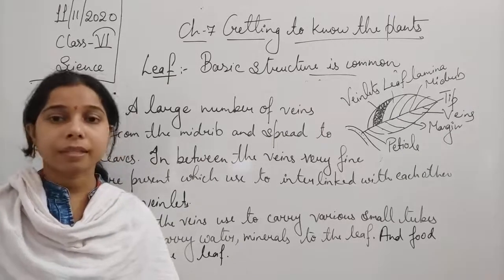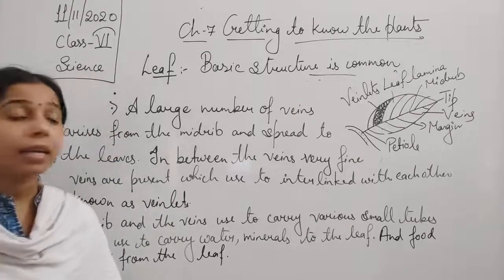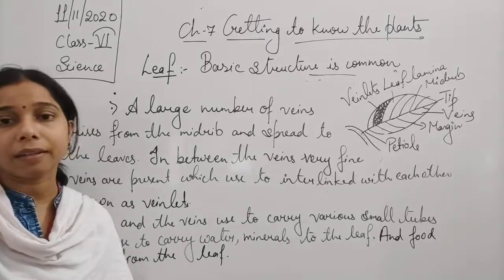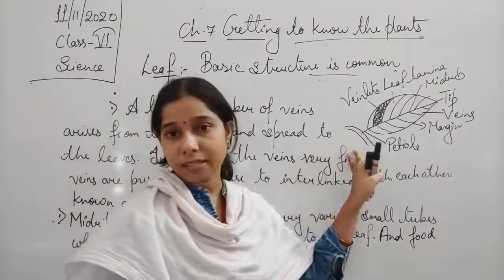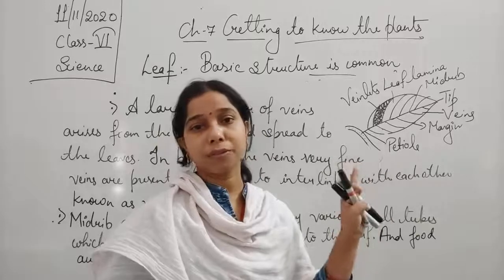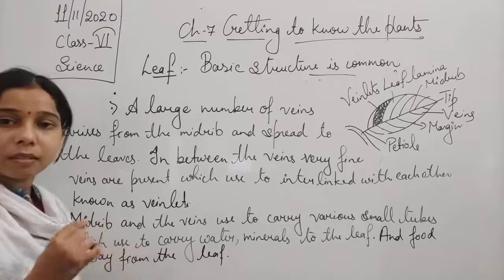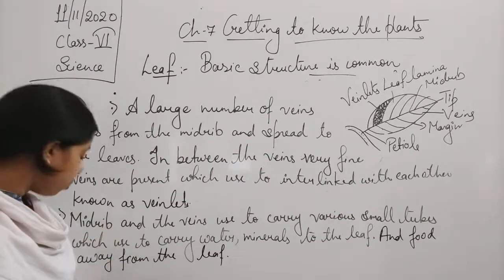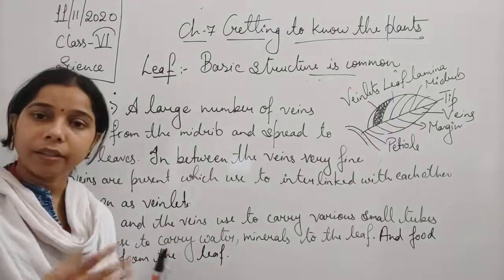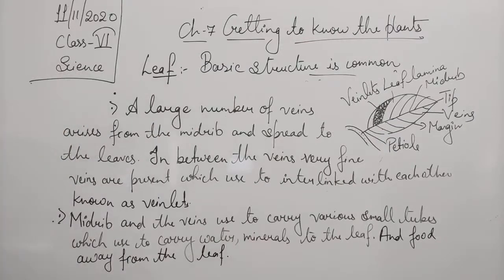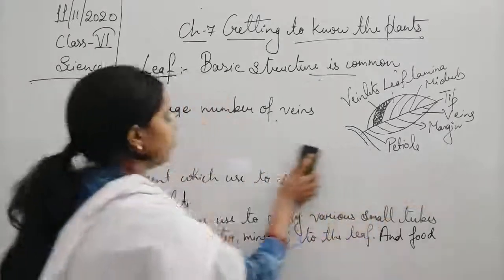Now the leaves will take that water and perform the process of photosynthesis. When the food is prepared, the same tube helps in carrying the food material and connects it with the stem. Now the stem carries the food to the different parts of the plant. Okay, so we can say that the various small tubes present in the leaves carry the food and the water to the leaf or away from the leaf. Okay. Now these are the things that we see in the leaves.